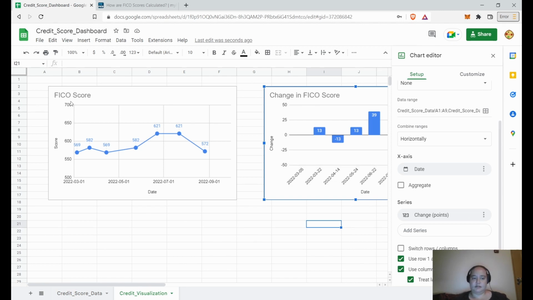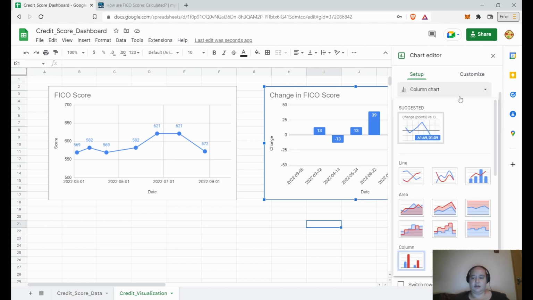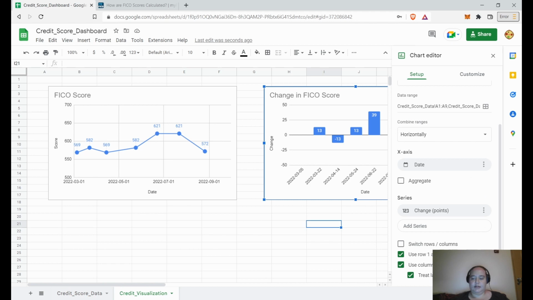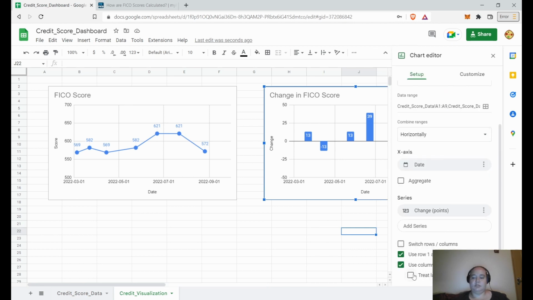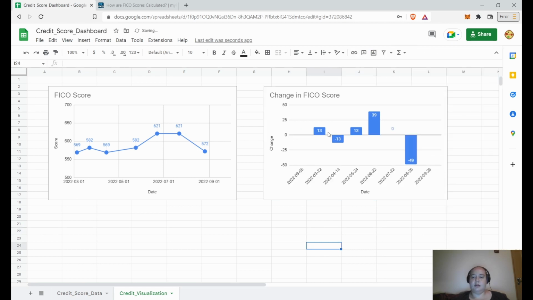Besides the settings from the FICO score chart, I obviously changed the chart type, which is the column chart, and I treat the label as text, because if I treat the x-axis as a date, the visualization looks a little wider and it's a little harder to read. And in this case, we don't care about the change over time more than the difference between the credit scores